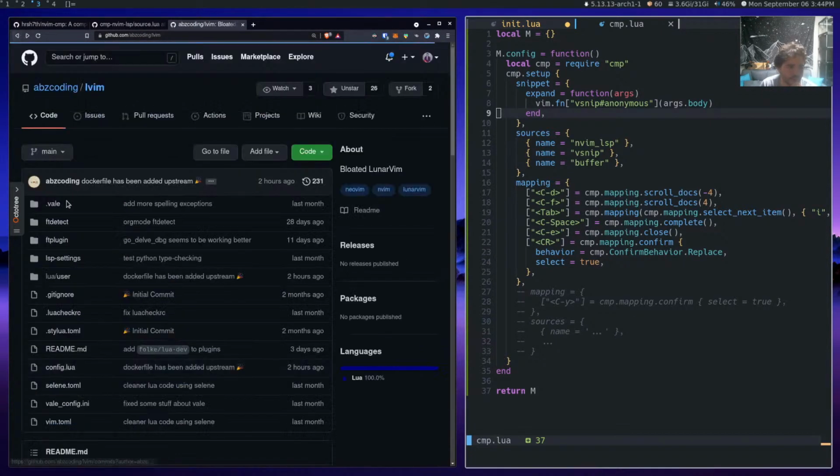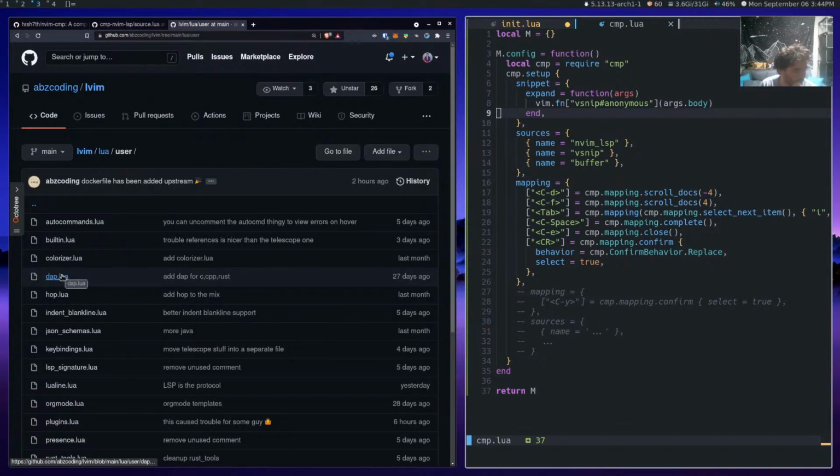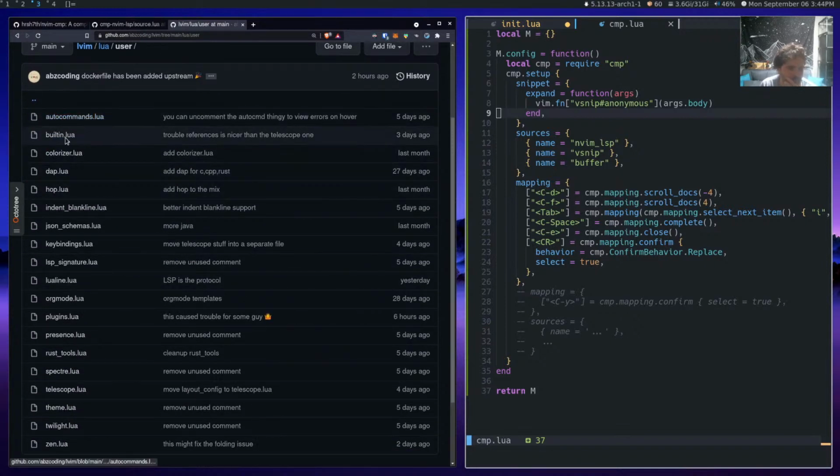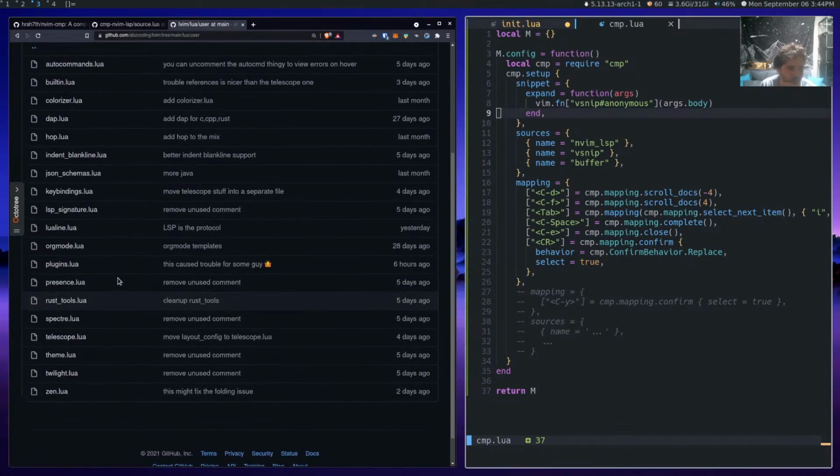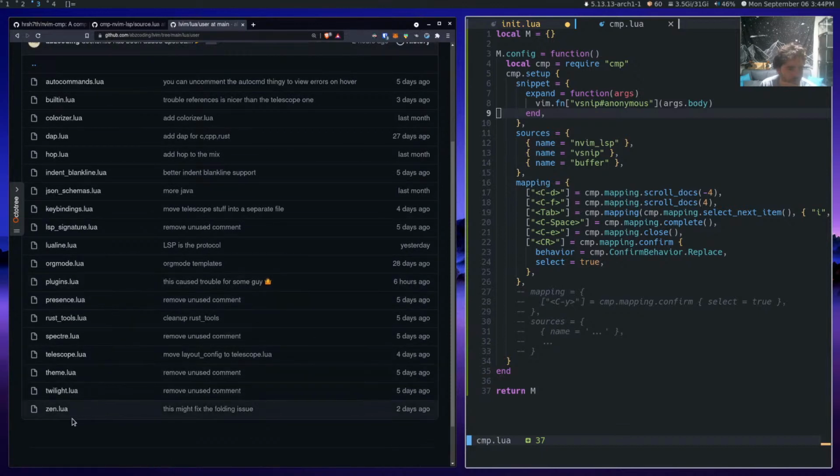It's probably in his user. And then Zen, Twilight Theme, Telescope Spectre. He's got a built-in thing there.